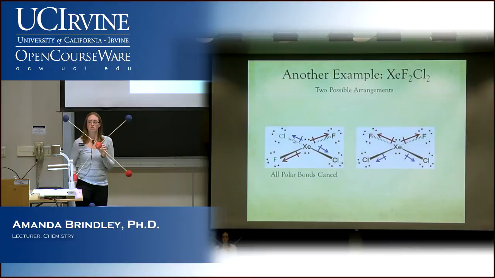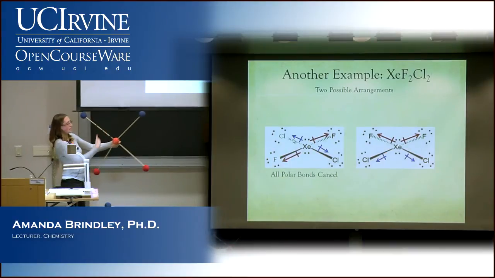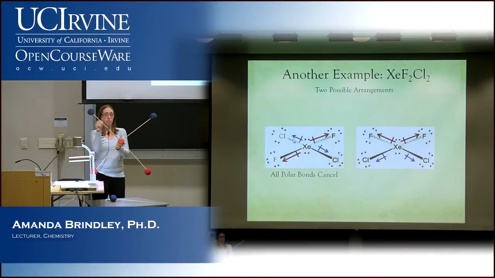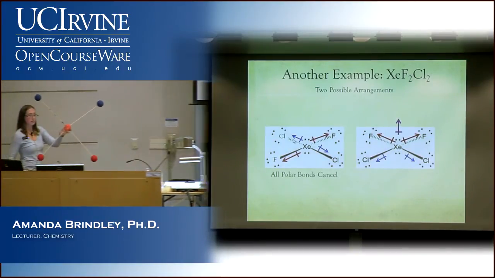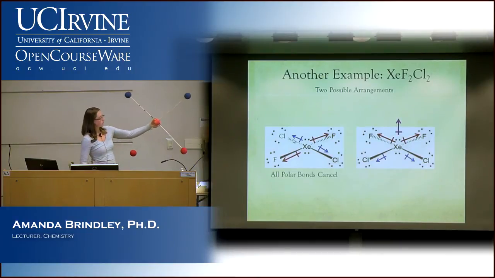Which way is the dipole? Straight up, right? Why isn't it to this side or this side? The side-to-side cancel, right? So even though this is going to the left or right a little bit, and that's going that way a little bit, the side-to-side part cancels out. But they're both going up. And so they're both going to pull the electron density up. And so your dipole is going to be straight up if I'm holding it this direction. Okay? So that arrow is sort of supposed to be going into the board.